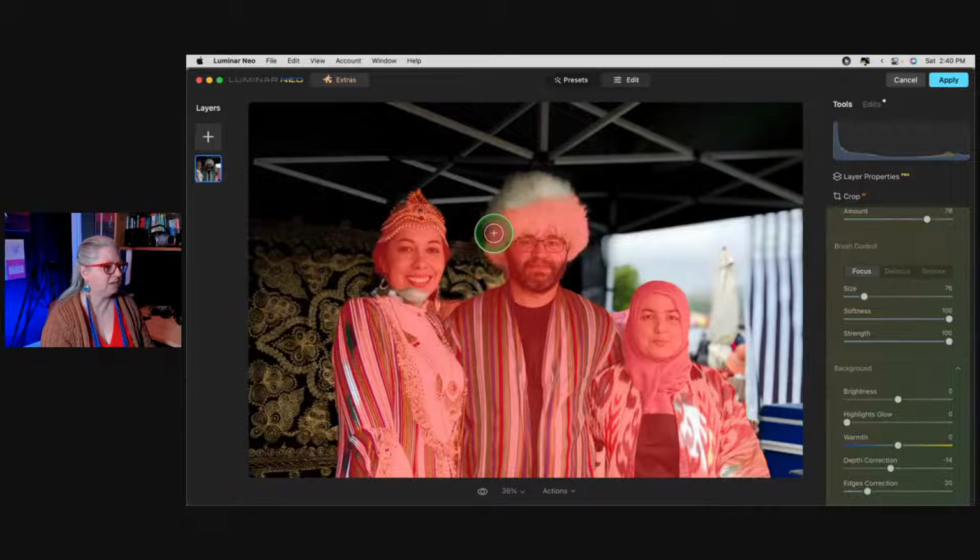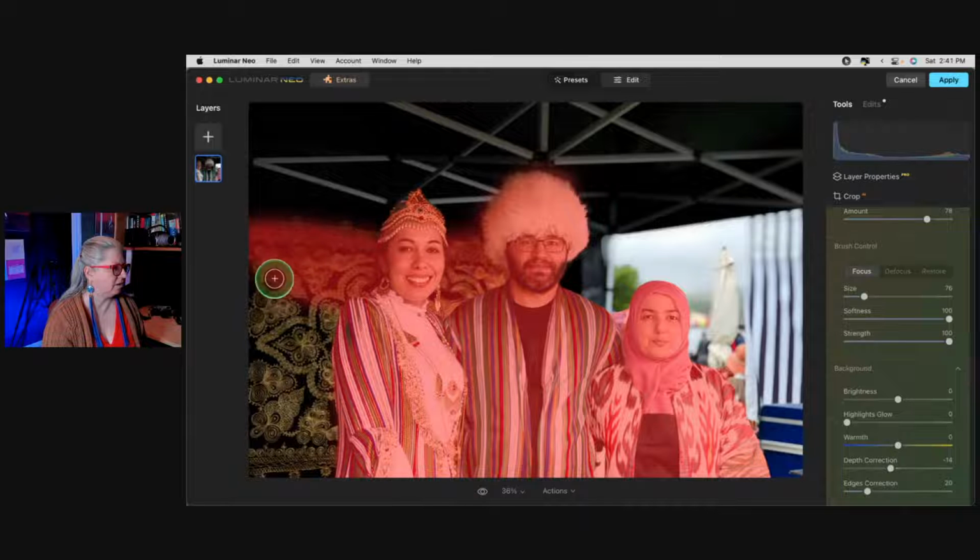So I'm painting it in with focus, right? So I'm telling it I want that part in focus. Now, for some reason, it also got some of her. So I'm just going to make sure it's got all of them, right? And I might decide I want to leave this here. So I don't want it to do any blurring on this part of this background because that's the only part